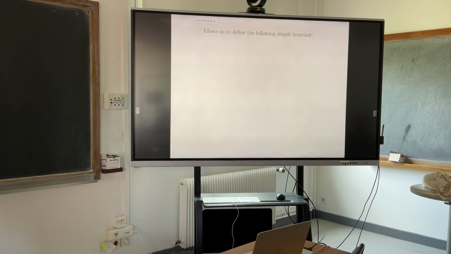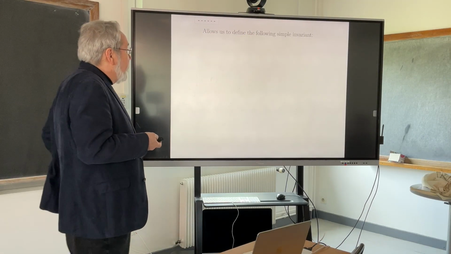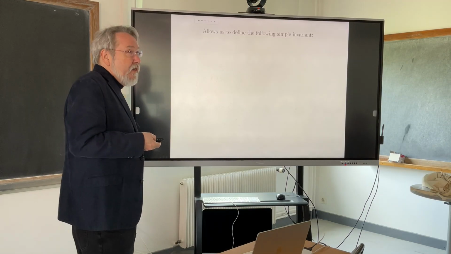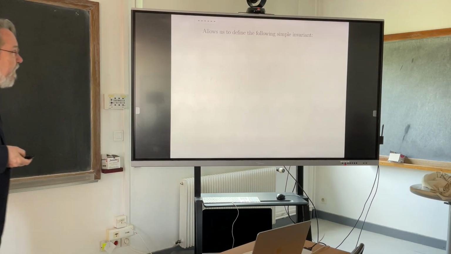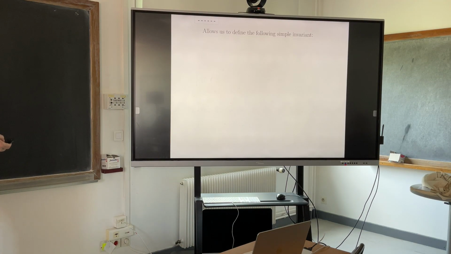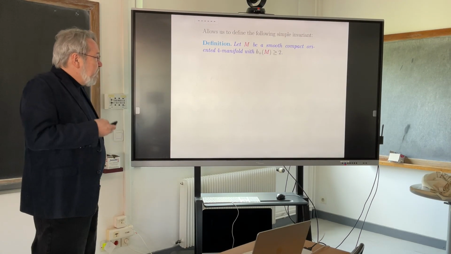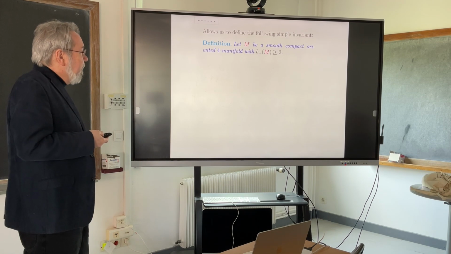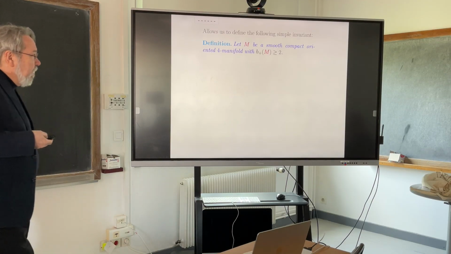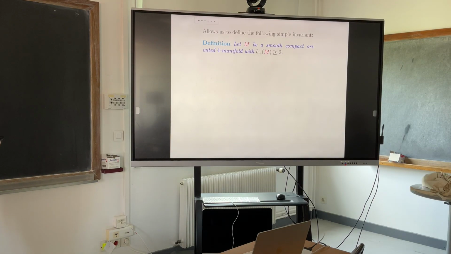All right, so there are a couple of beautiful, simple invariants that you can define for a manifold using this observation. So the first one I'd like to discuss is one that really depends on the finiteness of the set of monopole classes. So if you have a smooth compact oriented four-manifold, and you assume your b plus is always greater than or equal to 2 here,